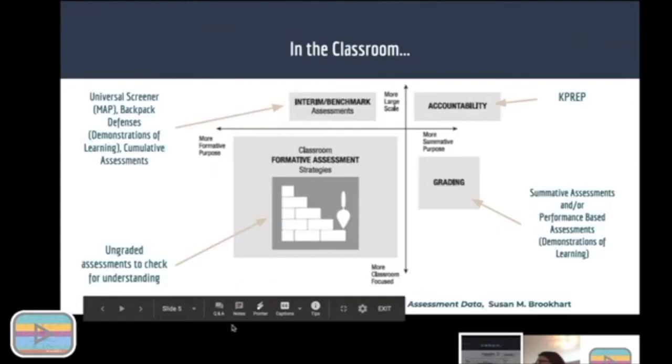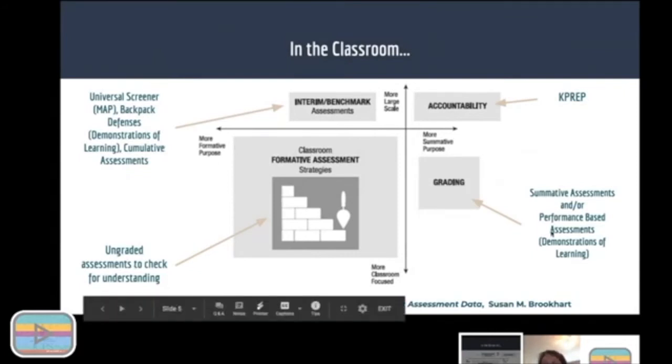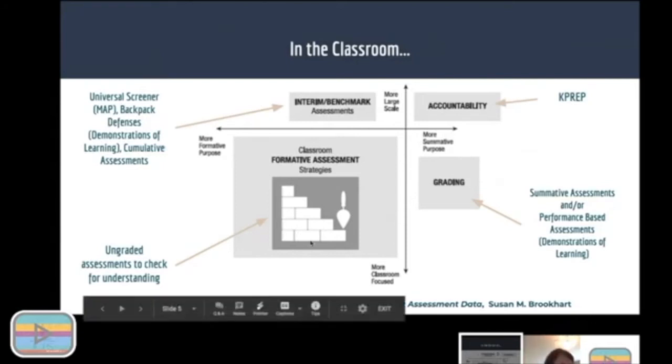But really what Brookhart argues is for a classroom teacher to zoom in on formative assessment. So while these pieces are so important and have a place in a balanced assessment system, our assessment landscape, I think the audience today is probably a lot of classroom teachers. And so we would really encourage you to consider formative assessment throughout this time.